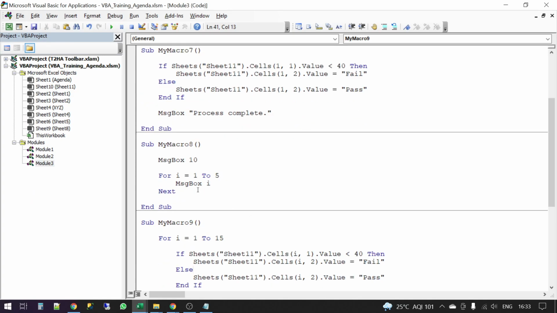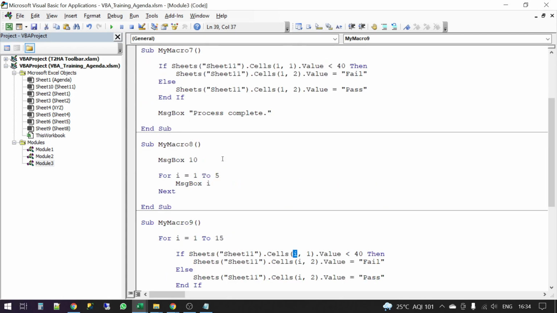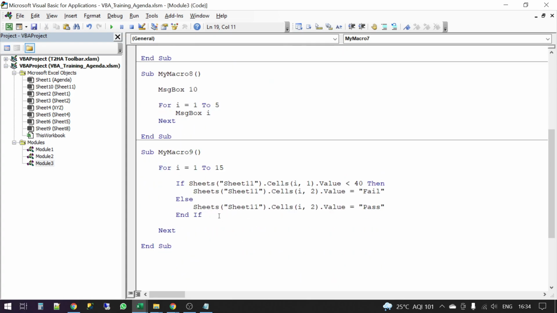So it is important to know the fact that the value of I gets incremented every time the loop is run, and you use the same logic for using that value or the variable I inside your statements. So this makes it possible for you to check the condition on all of the cells in this range and correspondingly give you pass or fail in the adjoining column, right?